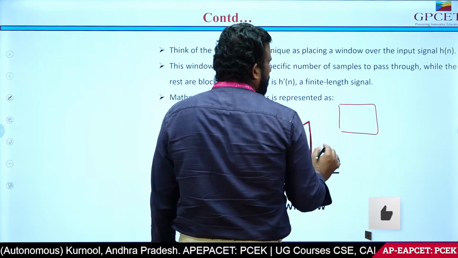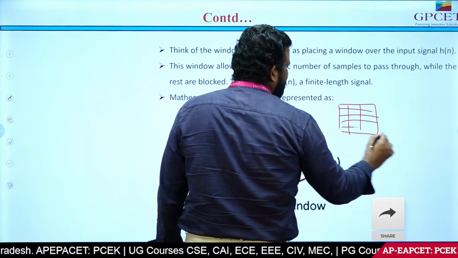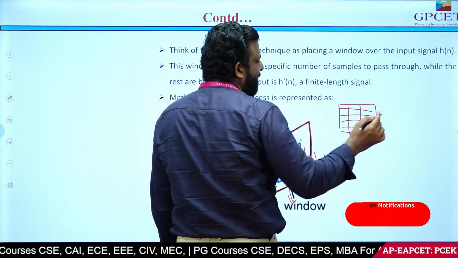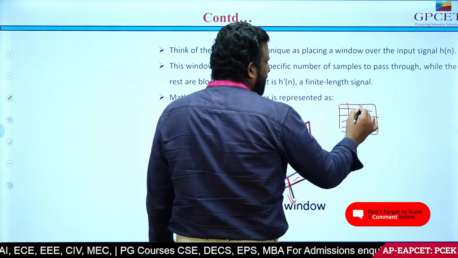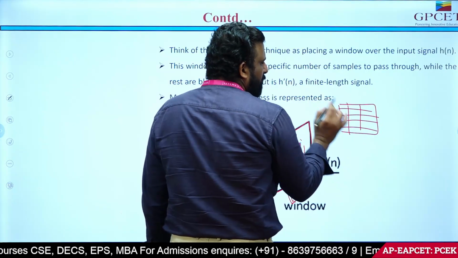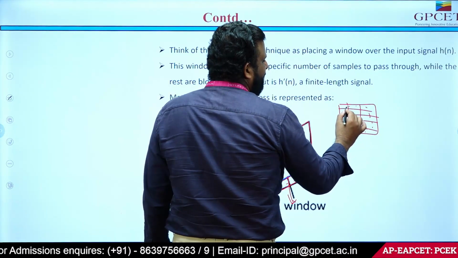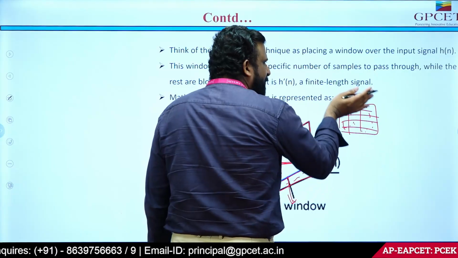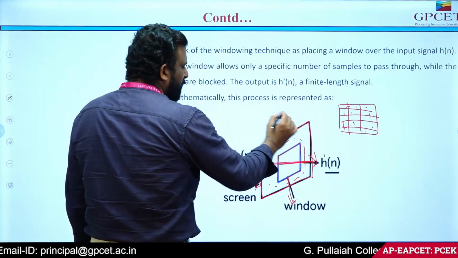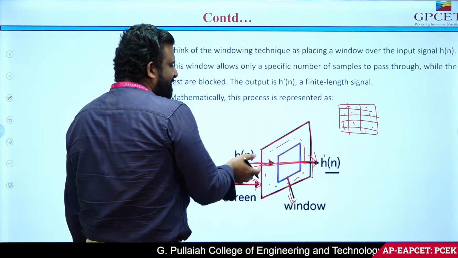Consider one simple window which is covered with a mesh, and if air is flown hard from outside through this window, this mesh, what it will do is restrict all the dust particles from entering the house. It allows only the purified air. So all the dust particles will be filtered with the help of this mesh, and only the air will be allowed. That will be a good example, so that this window allows only a finite number of samples to pass through, and the rest of the samples will be blocked